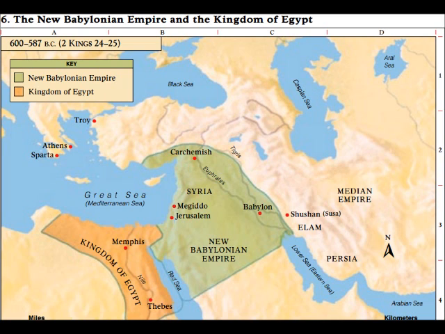So he says, art thou cut down to the ground, which did weaken the nations? You made everybody all afraid of you. You really made the Gentiles kind of weaker by fighting against them. But now you're cut down to the ground, just like everybody else. For thou hast said in thine heart, I will ascend into heaven. I will exalt my throne above the stars of God. I will sit upon the mount of the congregation in the sides of the north.